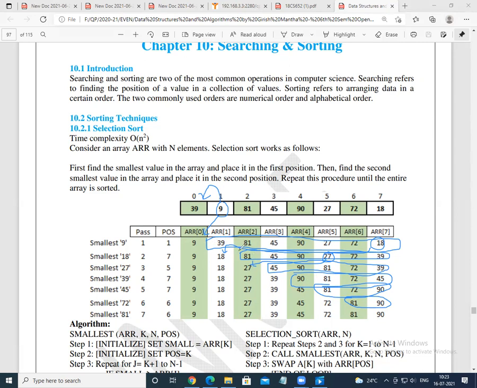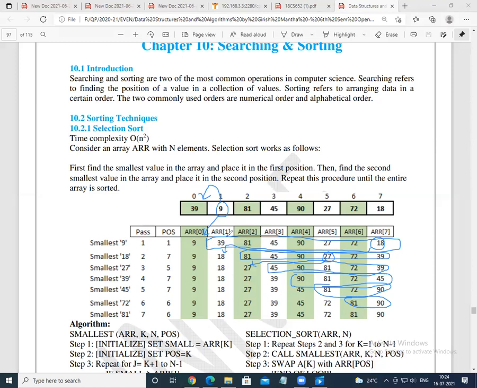So we are going on reducing the array elements in individual iteration, thereby finding the minimum element and putting that element into the first position of array. For example, when you start up, this is the first position, right? This is the first array. So finding the minimum element, putting it to the array of 0. So we have put it. Now the fresh, the newly array to the memory is